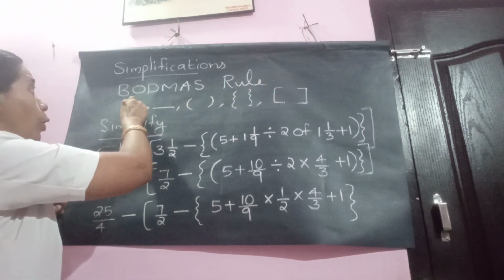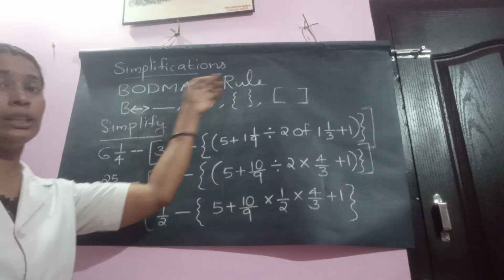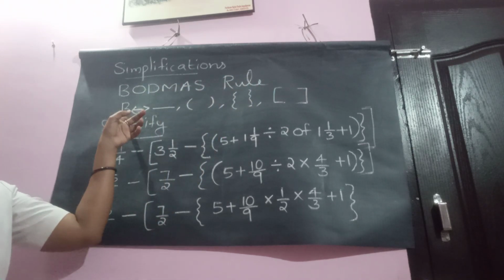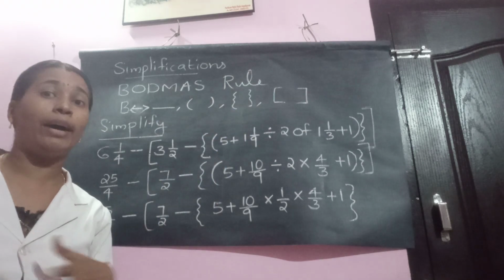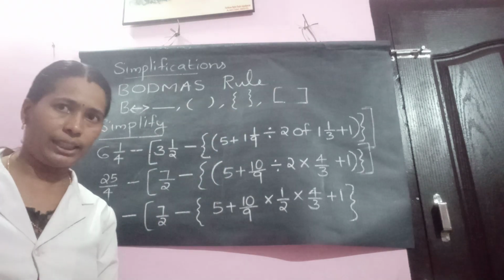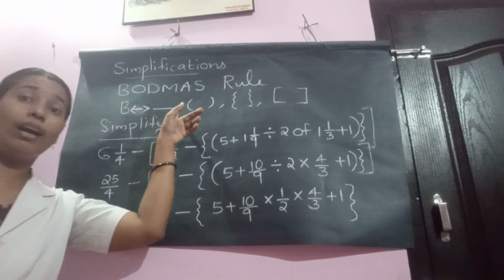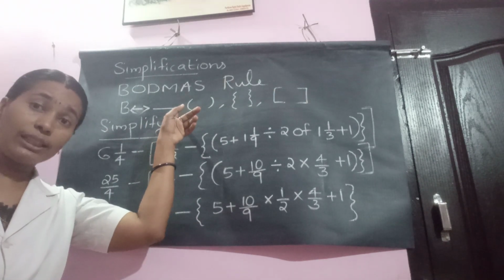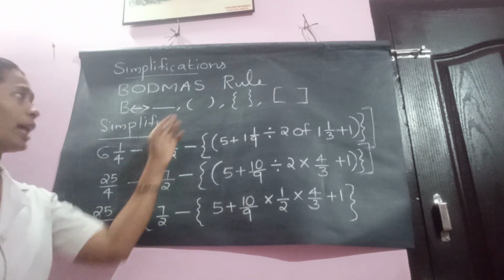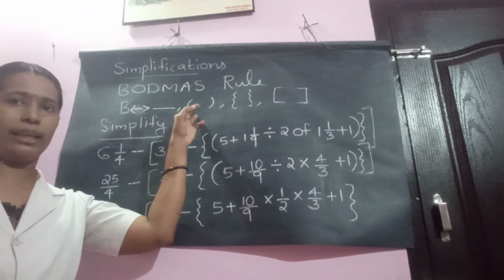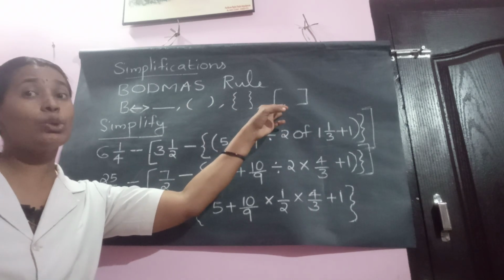Okay, so the BODMAS rule. That is simplification using the BODMAS rule, where B represents brackets. There are several kinds of brackets that are used in daily life, isn't it? Which are they? First one is this line type, called vinculum, and it is used rarely. Okay. Next one is the small bracket. Then next is the curly bracket. And the last one is the square bracket.